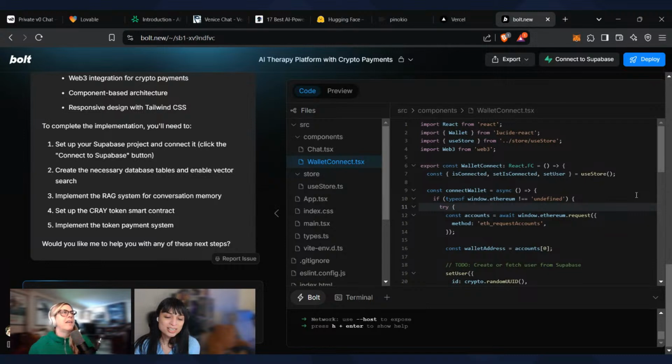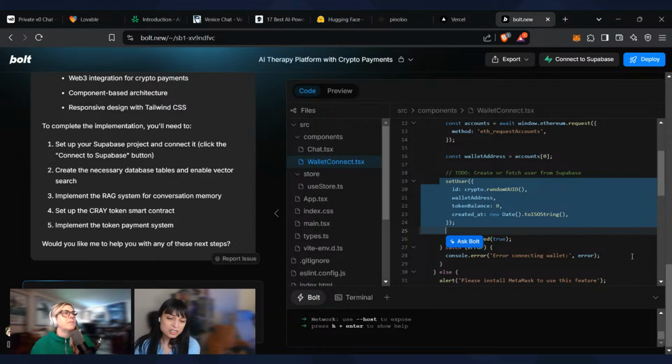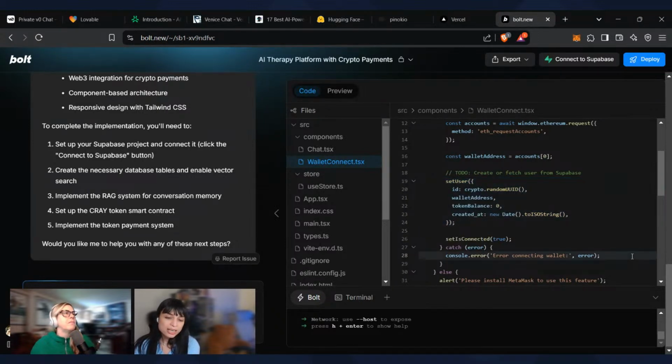So if you scroll down there, there's set user. Whenever you're interacting with the databases, you have your ID again, of course, and you're setting it. So you're probably doing a post to an API and posting something. That's what it's saying with created at. And it says new Date, which also indicates that you're creating a user. It's kind of a weird way that they implemented this, but it is a way of doing it.